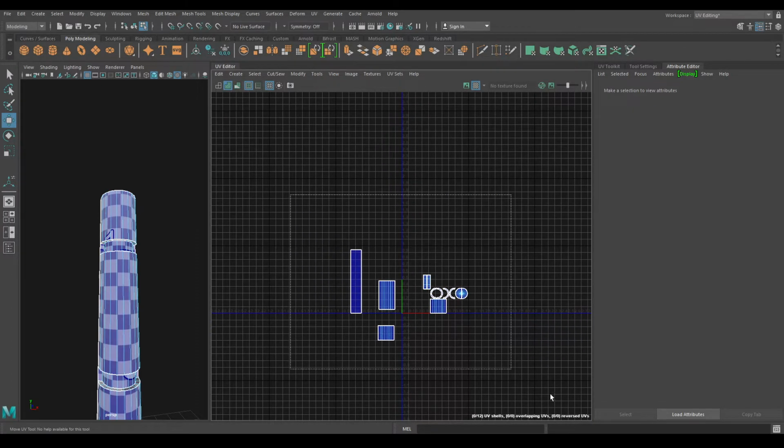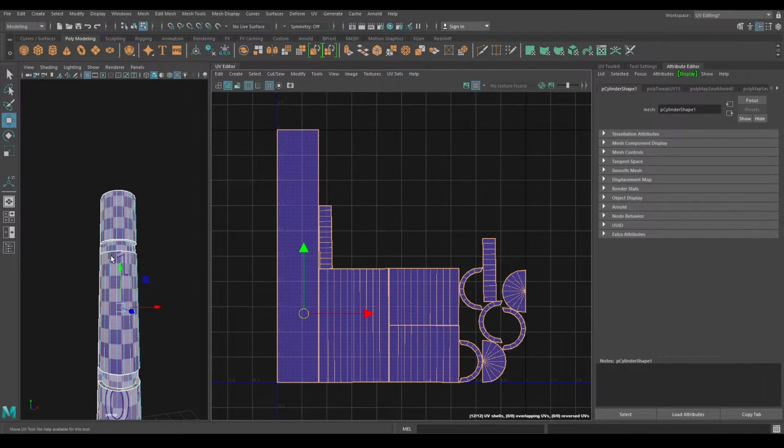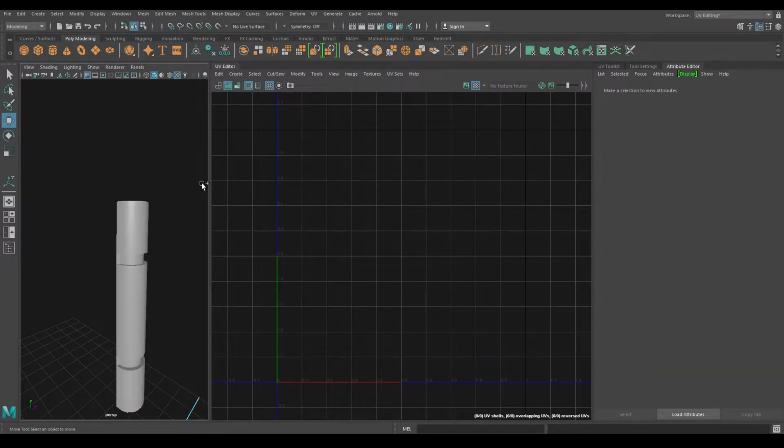So select all these shells and use unfold and then use layout.